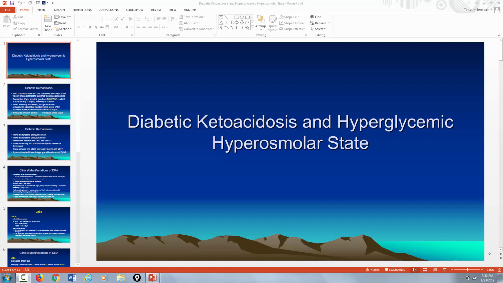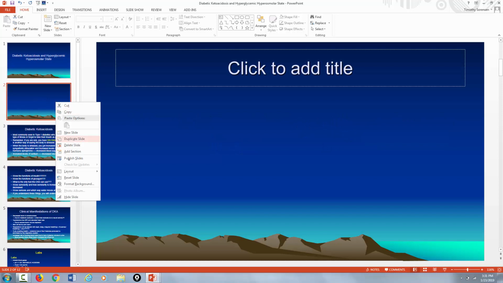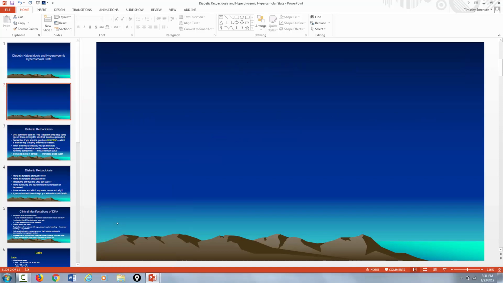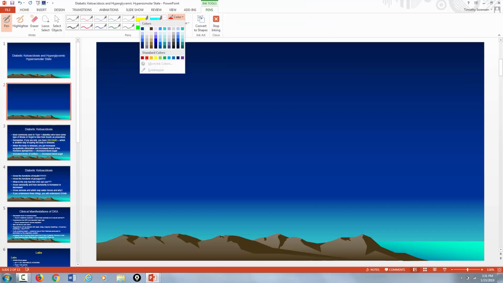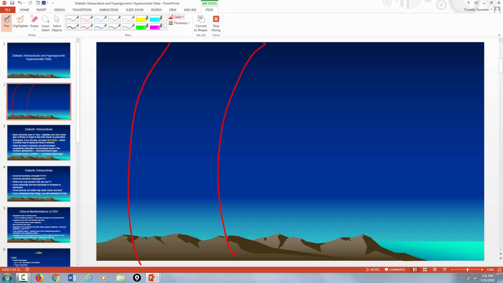Alright, so let's first attack diabetic ketoacidosis, yeah? Now look, if you break this name down, it's not that hard. First of all, diabetic ketoacidosis occurs in diabetics. Are you going to write that down? Okay, so watch. Usually it is commonly found in a type 1 diabetic, type 1, so they're